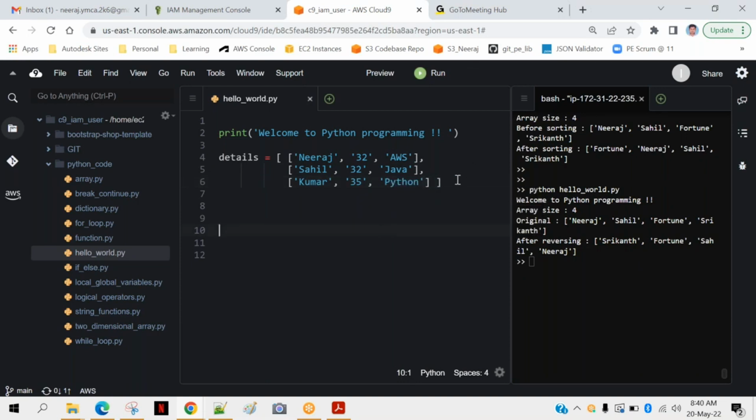Now, how to access the value? Just like for a one-dimensional array we were using indexes, here there are two indexes. One is your row-wise index, and one is your column-wise index. So let's try to print this. We'll understand. If I print details, and then I print 1,